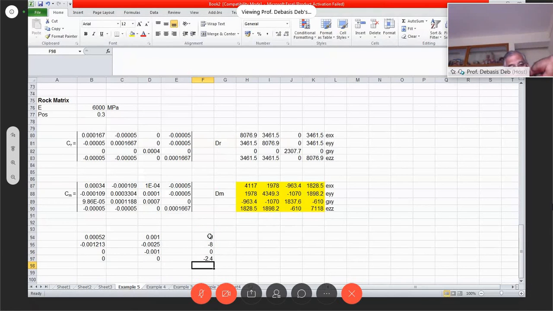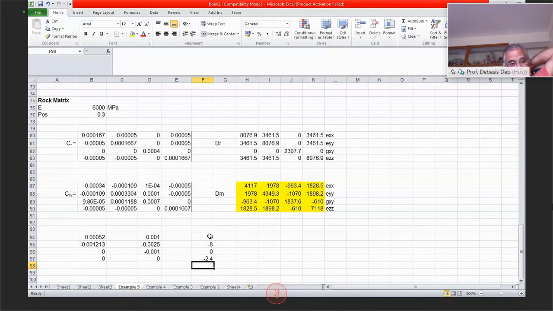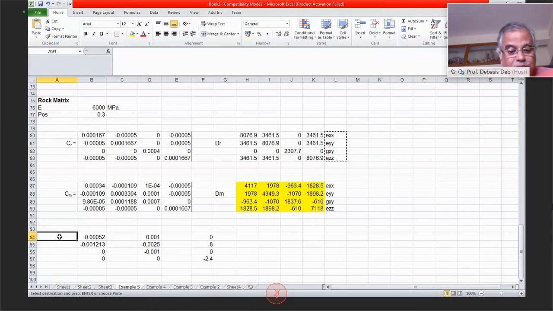This is for plane strain condition. There will be no strain in that thing. So you see, this is the strain. This is basically the strain on top of that surface. Epsilon xx is this,